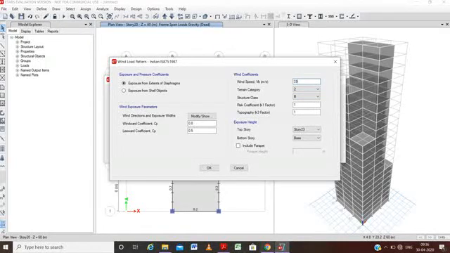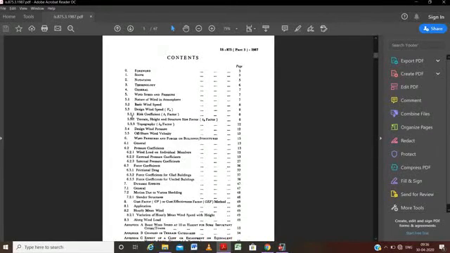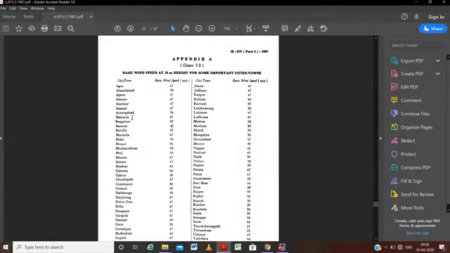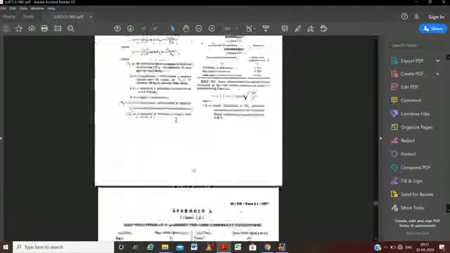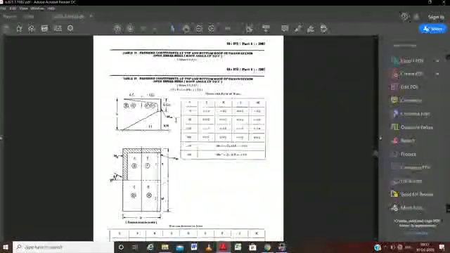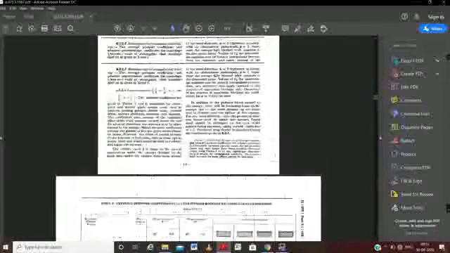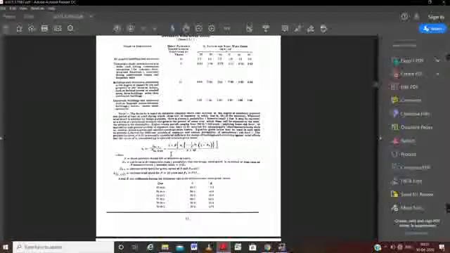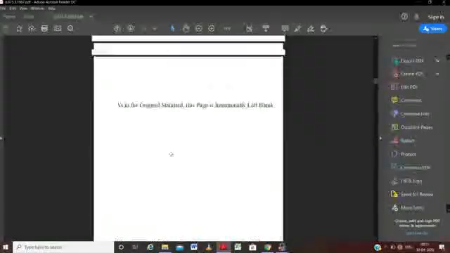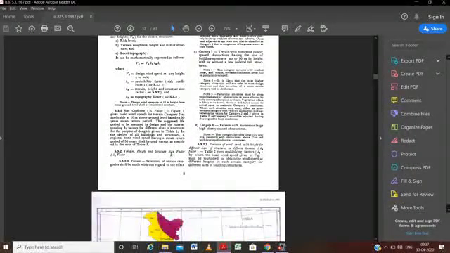Now for the terrain category, you can find it in IS code 5.3.2.1.